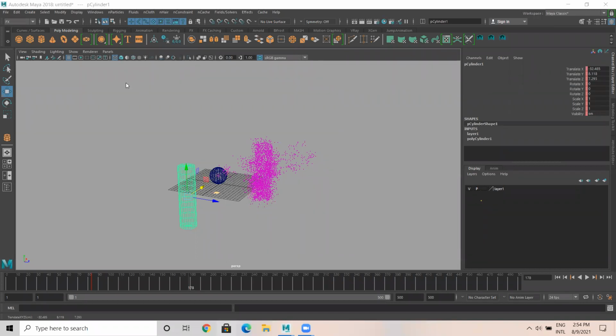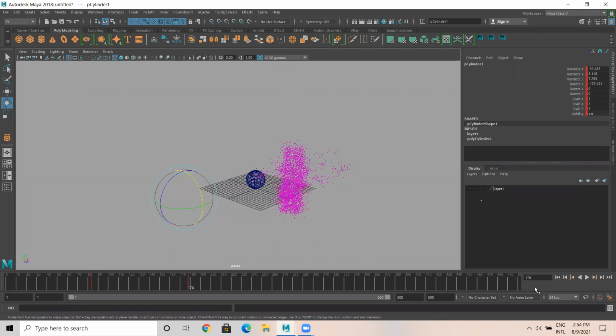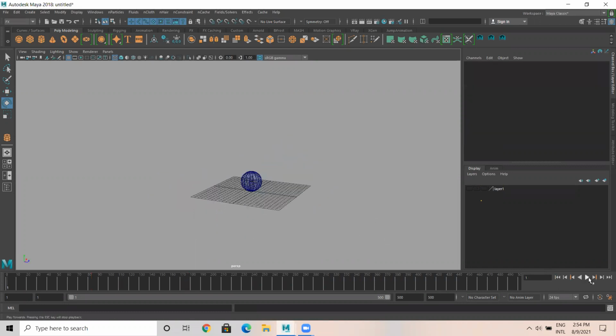I think the system froze. Okay, I think it should work now. Something like this. Now I'm gonna hide this guy. So let's play. Particles are sticking and he's gonna animate now. Got it? Understood?